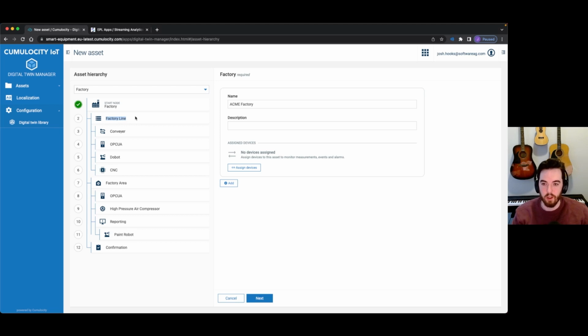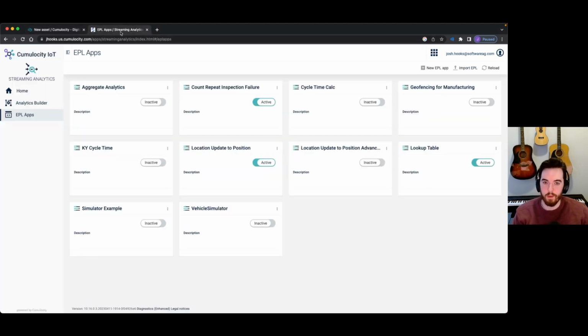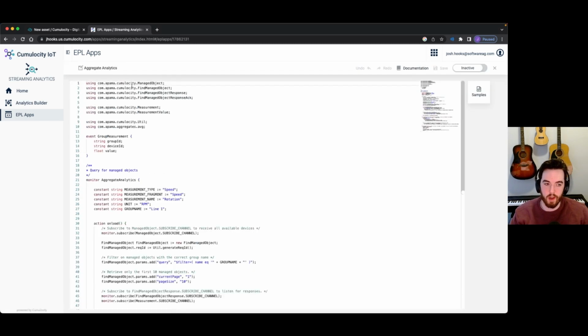one place. So to do that, I'm going to jump over to our streaming analytics application and specifically the EPL apps portion of it. EPL stands for Event Processing Language. It's the programming language behind our analytics capabilities. And I'm seeing a number of models here for different kinds of use cases, but I'm going to focus on this aggregate analytics model. So when I click on this, it'll take me directly into the code of our EPL